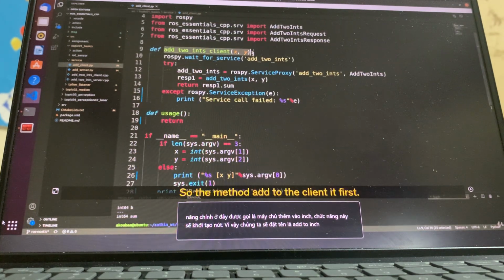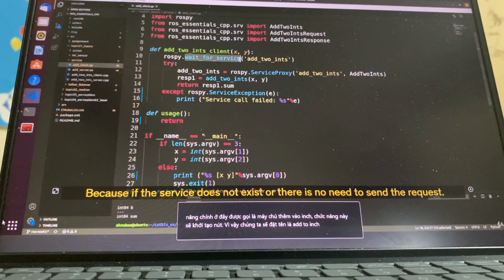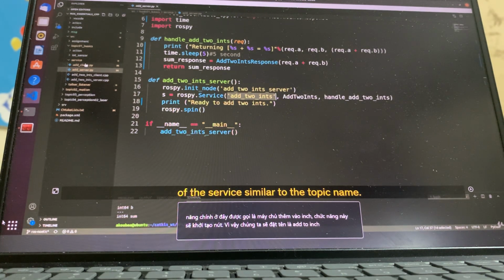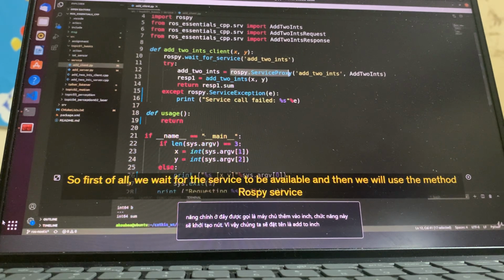So the method add_two_ints_client first starts by waiting for the service. It must make sure that the service is ready to receive a request, because if the service does not exist, there is no need to send the request. So first of all, we have to make sure that the server is awake, and the server is defined by the name of the service. Similar to the topic name, this is the service name. So first of all, we wait for the service to be available, and then we will use the method